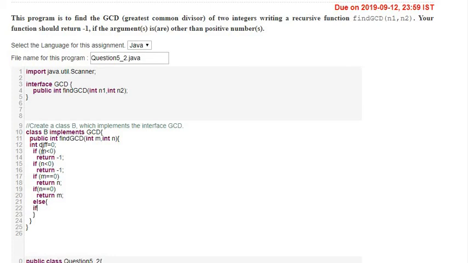Here I will check if m less than n, then I will swap the values of m and n. For swapping, I will create a temp variable: temp equals m, then m equals n, and n equals temp. Then after swapping both m and n, I will calculate the remainder of m%n. I check the condition: if m%n equals 0, then simply return n, else